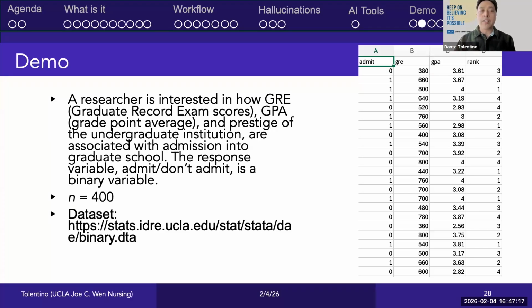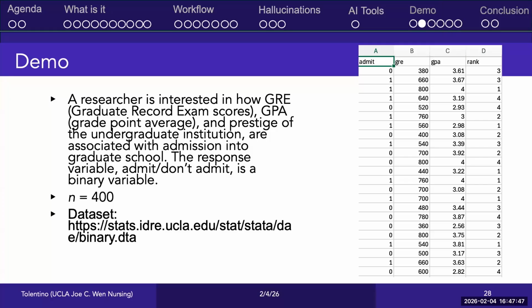The question is, can we predict admission to graduate school using GRE, GPA, and the rank of the undergraduate institution they were enrolled in? So four variables. With this question, what type of analysis would you do? Our outcome variable here, admit, is binary: admit or don't admit.